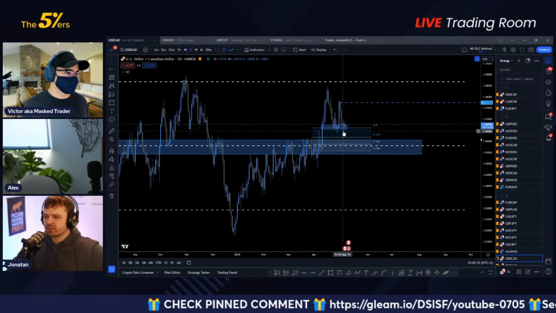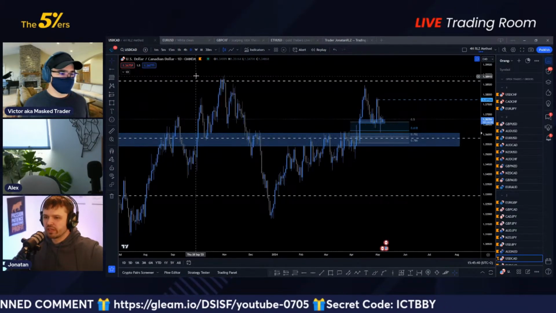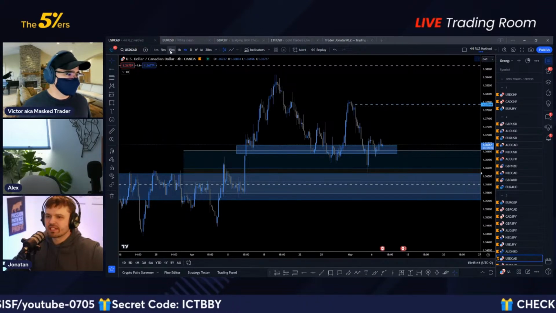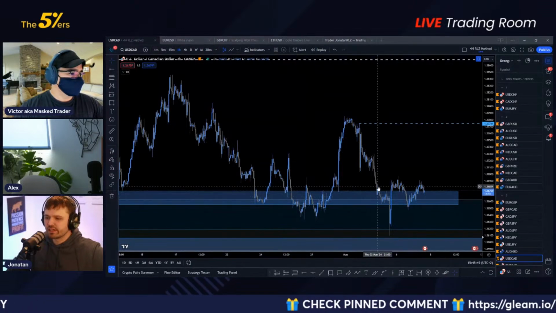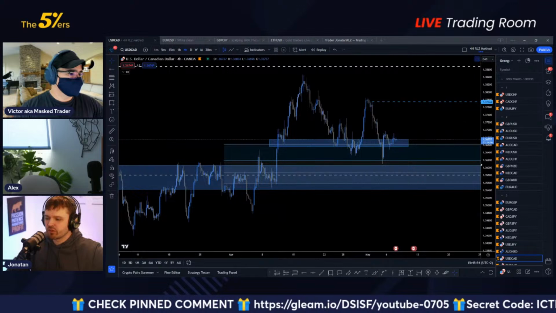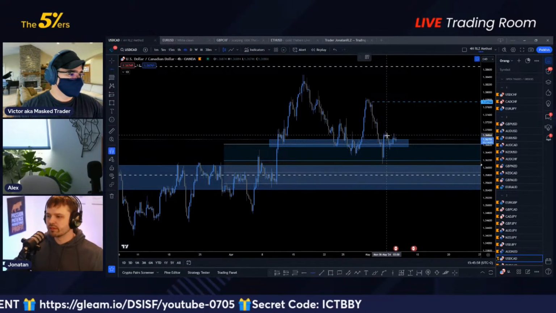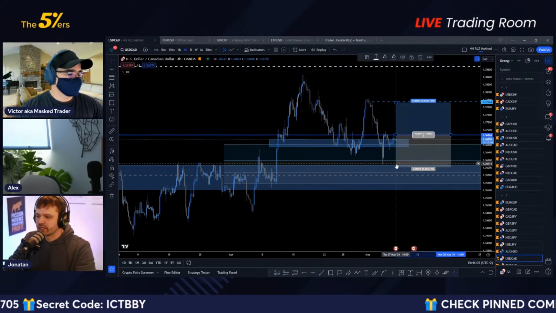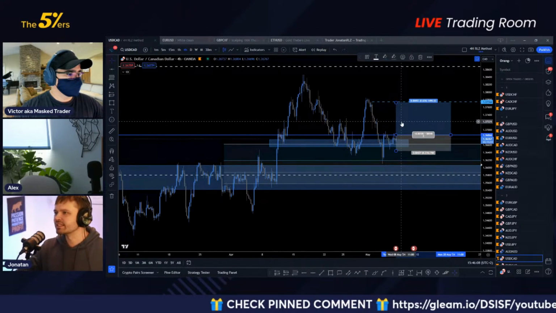Okay, so on the daily, we came down, we hit the 0.618. We actually did hit the 0.618. We reclaimed the 50%. Yeah, okay. This to me right now is too messy. It's way too messy for me to take a trade on this. For me to trade this, we would have to reclaim this level and then perhaps take a trade based on that. But then now you see the risk reward is 2. So yeah, not